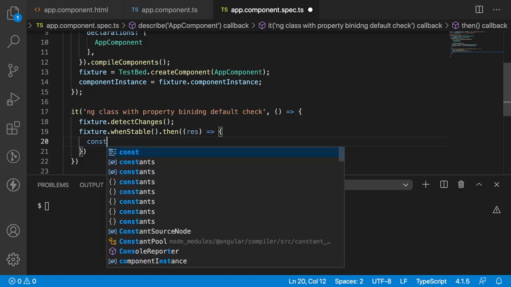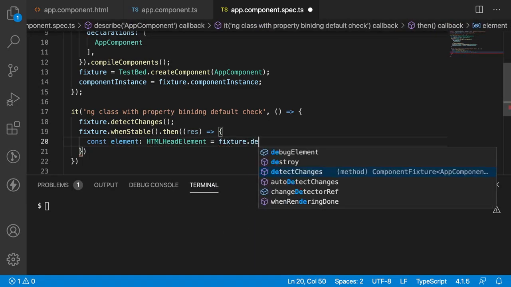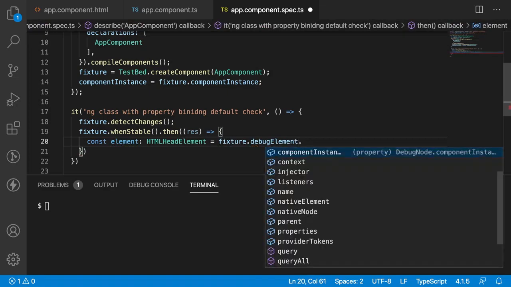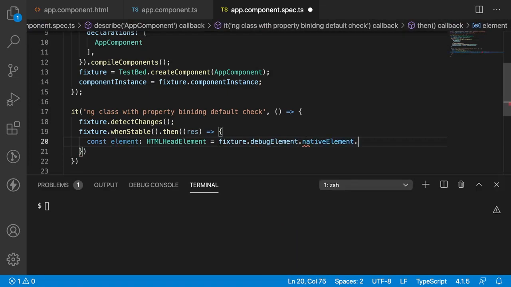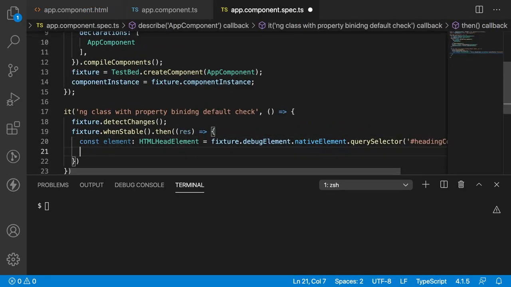So const element, which is of type HTMLHeadElement, equal to fixture.debugElement.nativeElement.querySelector. I want to give the query selector, which is an ID, so prefixed with a hash. And now I got the element.